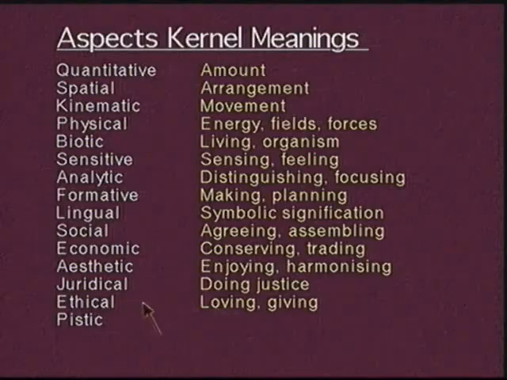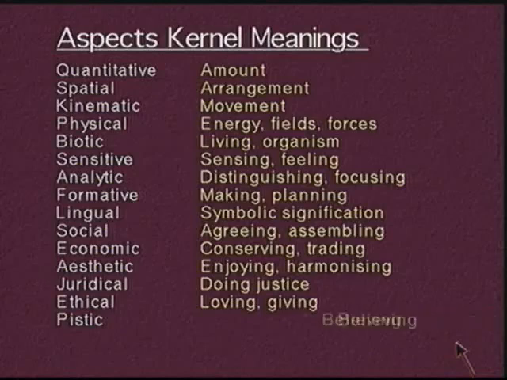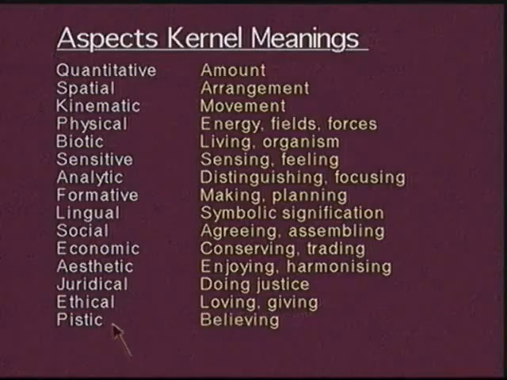Ethical doesn't just mean right and wrong, it means going beyond. What is goodness? A good person is not just someone who does justice and obeys the law, but goes beyond. And finally, the pistic aspect, from the Greek word pistis, meaning what we actually believe, not what we say we believe, but what we actually believe, as of ultimate meaningfulness. What we take for granted, what we assume, what we expect, what we aspire to, up to ultimate meaning and giving our lives for, as in religion. Human life is a functioning in all these aspects together.